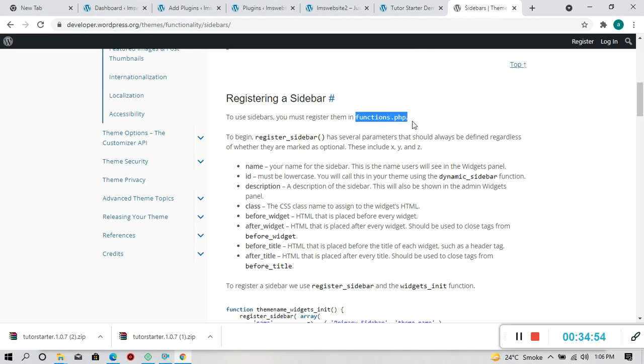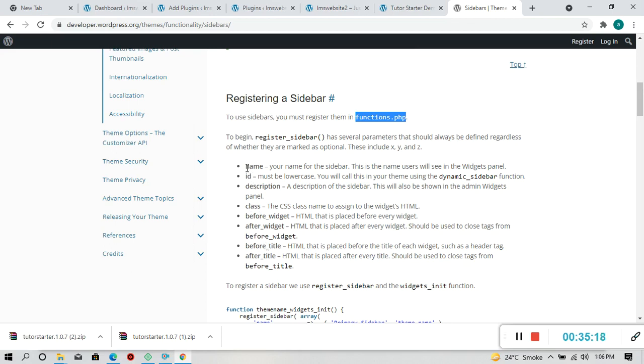So basically this is the main file. If you want to add anything, then you have to keep that code inside the functions.php file. So what are the criteria? Name, id, description, class, before widget, after widget, before title, after title.